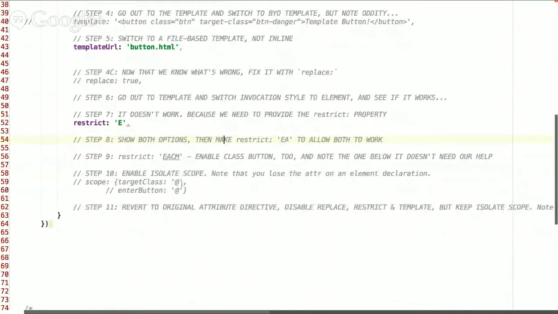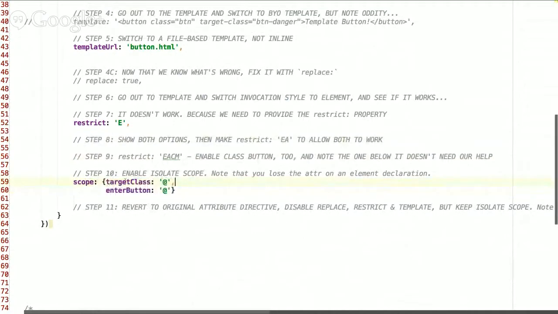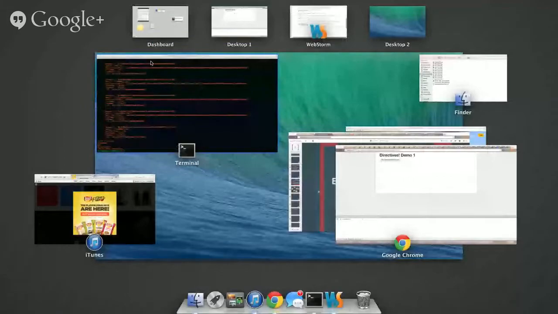Here, we'll go over some brief isolate scope stuff. This is what I was saying with the @ sign. As we can see, the enter button can be passed in as this @ sign, which means it's an attribute on the directive element. To show you what I mean,